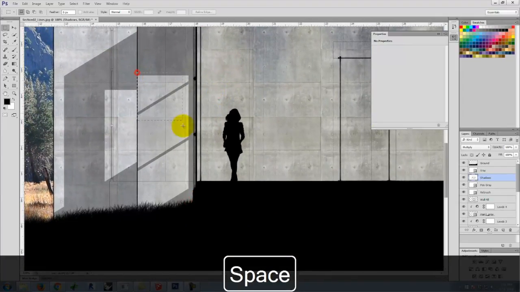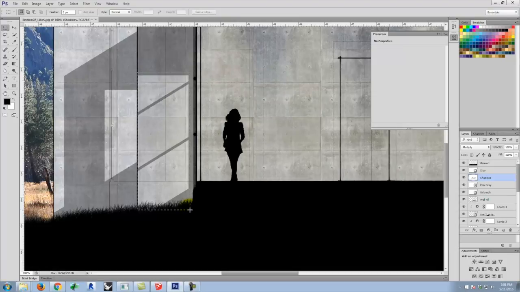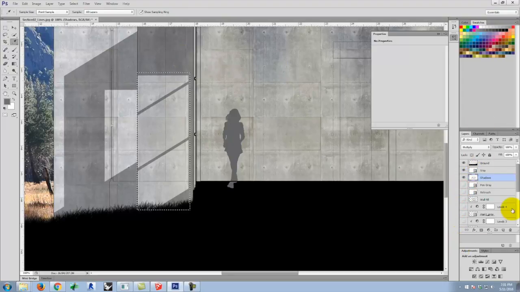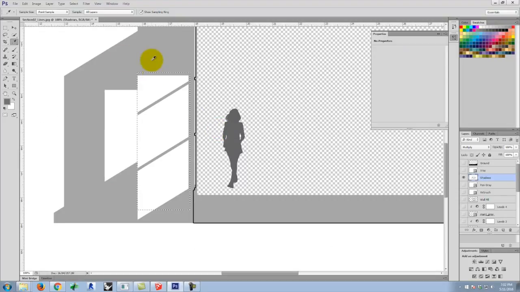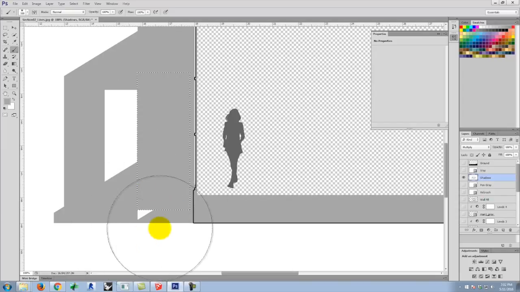And I'm going to make a selection over the top of this particular piece. And then I'm going to sample this color of gray. And remember, if I turned everything else off, this might make more sense. Let me turn everything off so that I have just the shadow selected. Essentially, what I'm going to do is sample this color of gray and then paint that color of gray in that particular region. Looks like I have a little bit more to paint. And we'll go ahead and paint that piece as well. And now when I come back and I start to turn everything on,